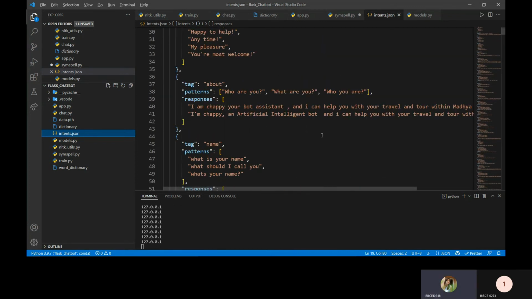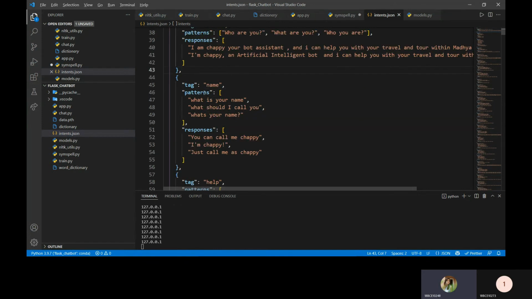Patterns are the possible ways in which a single question can be asked. Response is the answer for the particular question, and tag is a unique entity for every single collection.